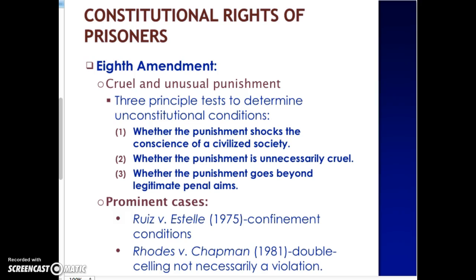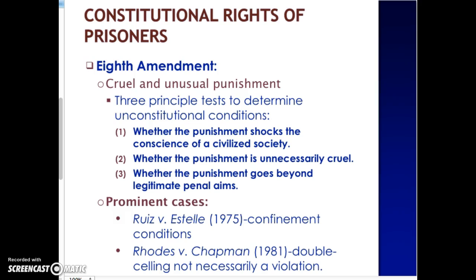Now, the Eighth Amendment, again, cruel and unusual punishment. Some prominent cases are Ruiz versus Estelle, which is about confinement conditions. Basically, this case involved Texas, and the whole institution, the Texas Department of Corrections, came under scrutiny. The courts looked at many facets of the Texas Department of Corrections and found some constitutional violations that met the Eighth Amendment standard,